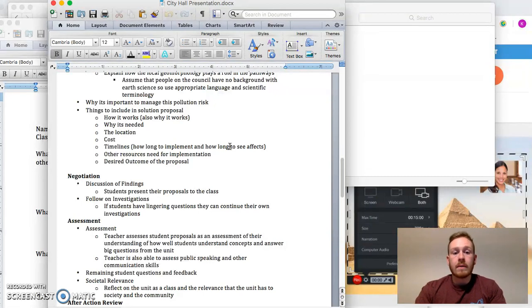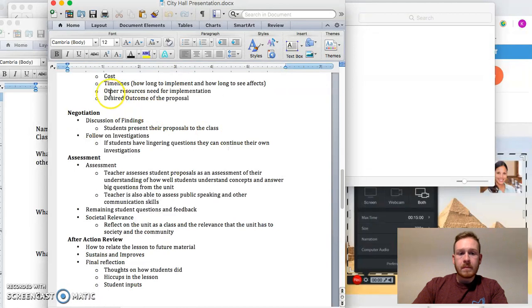for how long does it take to implement and how long until we see the effects and how long is it supposed to be there. Is it a long-term thing? Is it like a shorter thing? Different possibilities there. Other resources they might need in order to implement their solution, and then the desired outcomes of